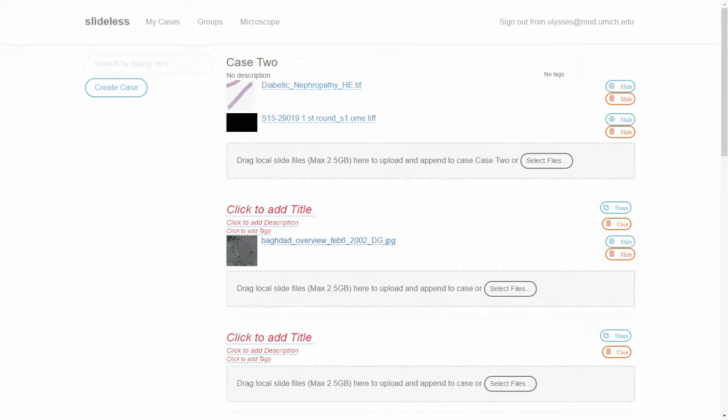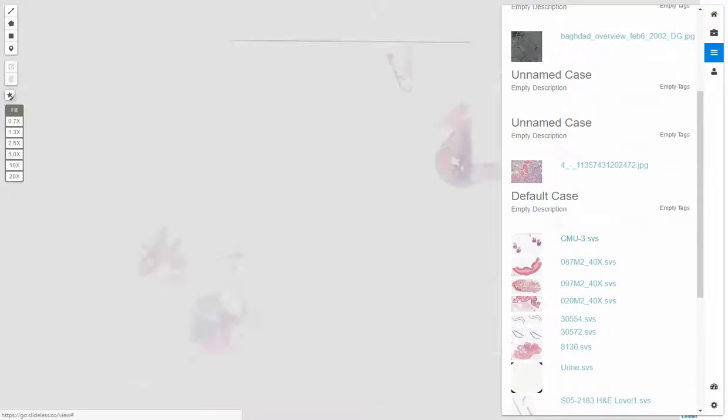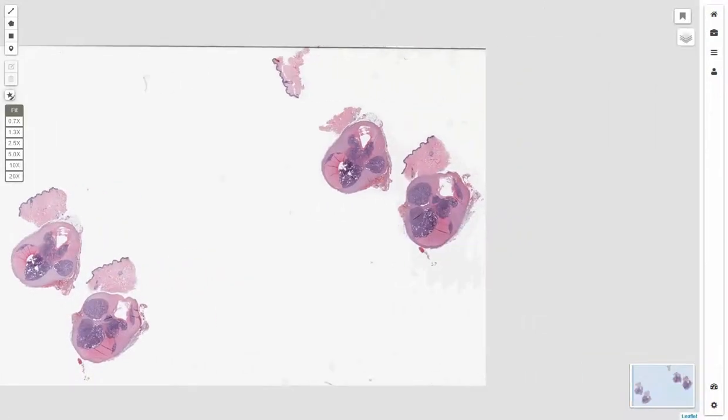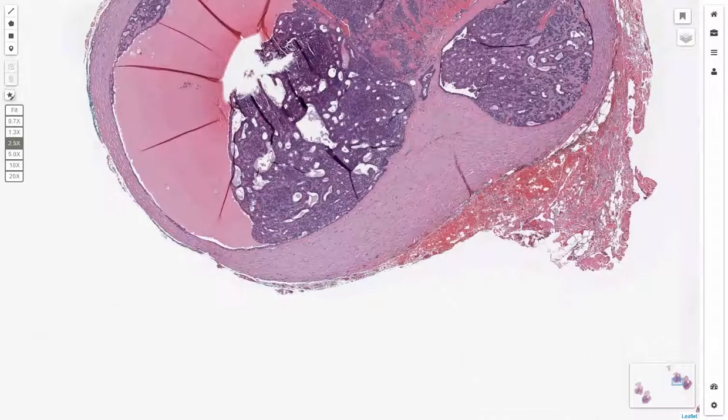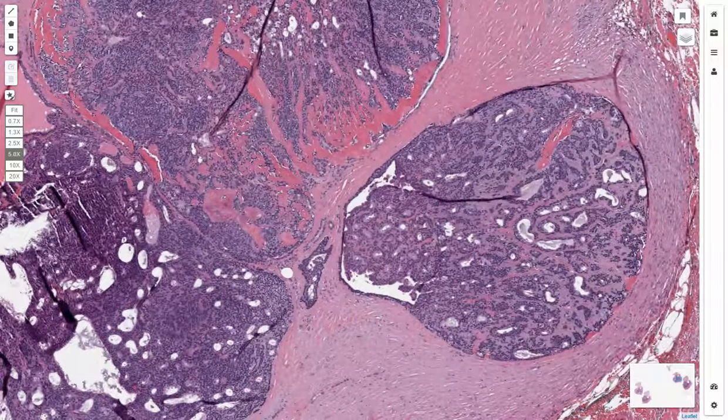So in this first example, I will apply the tool to some representative images, loading a skin image. Obviously the browser provided by Slideless provides all the standard browsing capabilities, panning, zooming in real time. However, incorporated into this tool are some of the capabilities of the image analytics as developed in our lab at the University of Michigan. As I mentioned earlier, the VIPR tool allows for highly precise pixel level segmentation of unique